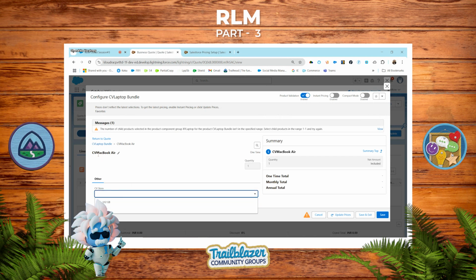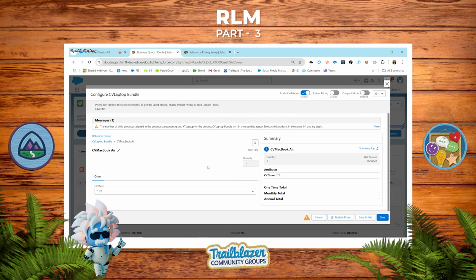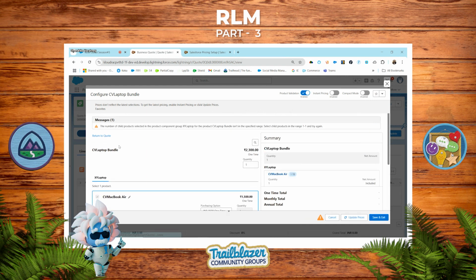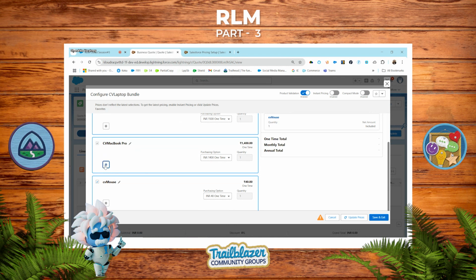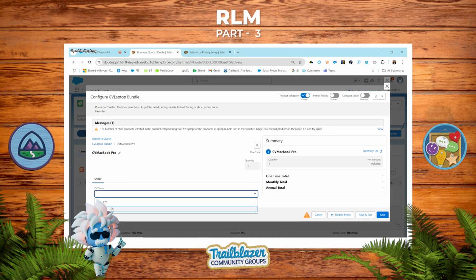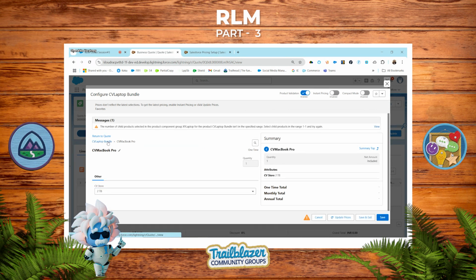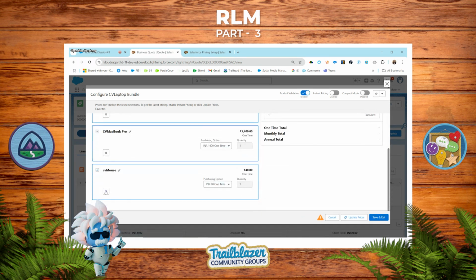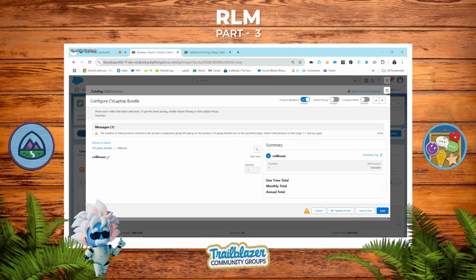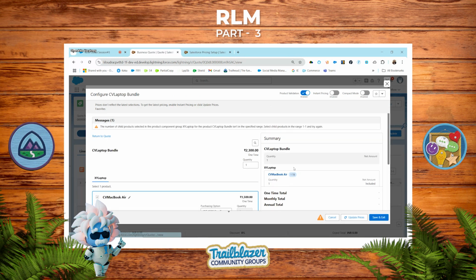Then the Mac Air would be available in two specifications. One is 512 GB and the other 1 TB. Okay, I'm selecting 1 TB here and come back to the bundle, and here I'm selecting the Pro, which is available in two specifications. One is 1 TB and 2 TB only. I'm selecting this, and I don't have any configuration for the mouse.